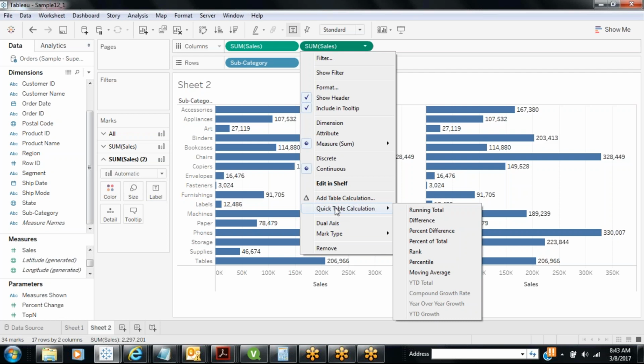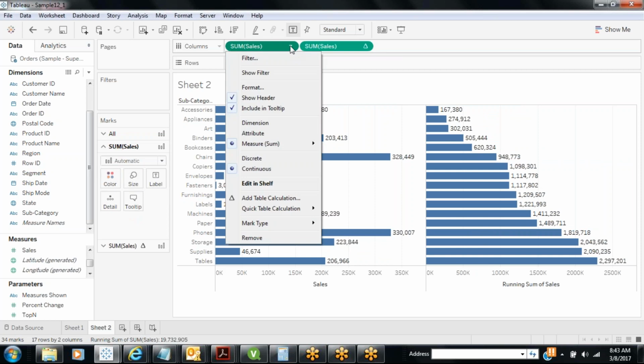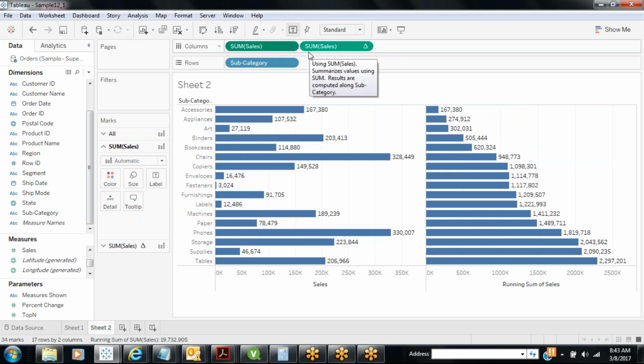So running total, what will it do? I just select and see running total. Oh, the total chart changed. And also you see one difference. The normal one, sum of sales, on the right hand side nothing is there. Only if you go to the drop down is there. But when I apply table calculation or quick table calculation on a measure, you see there is